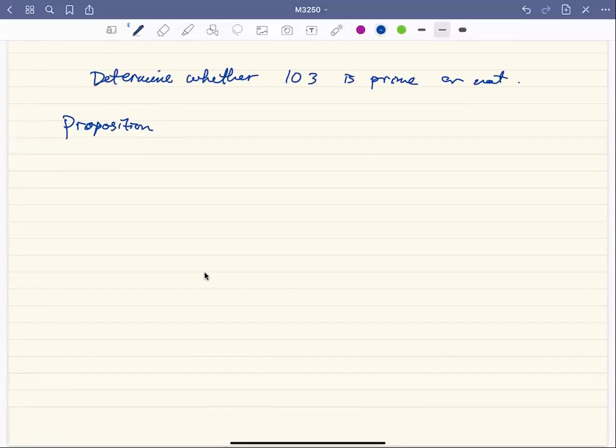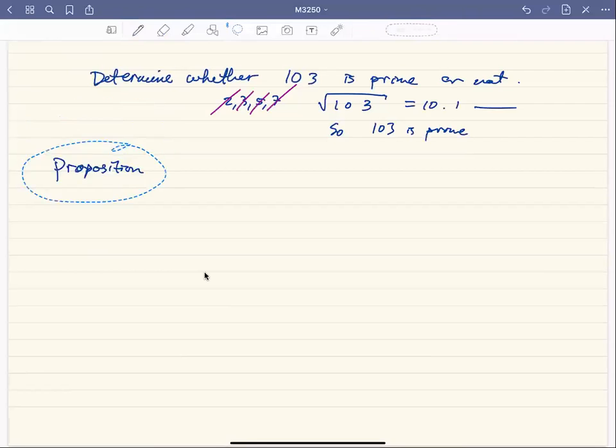It turns out, for good reasons, you only have to check all the primes up to the square root of 103. The square root of 103 is like 10 point whatever. So all you really have to do is check, does 2, 3, 5, or 7 divide 103? You can check right away that 2 does not divide 103, 3 doesn't, 5 doesn't, 7 doesn't. Therefore 103 is prime. And this process is actually called the Sieve of Eratosthenes,